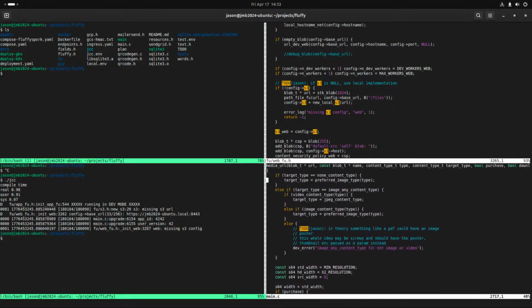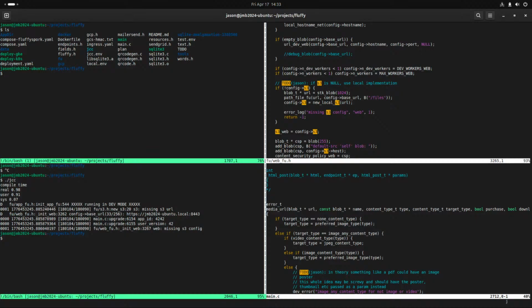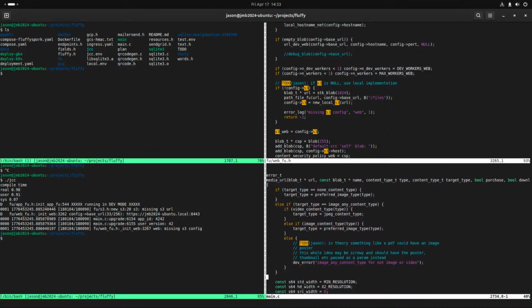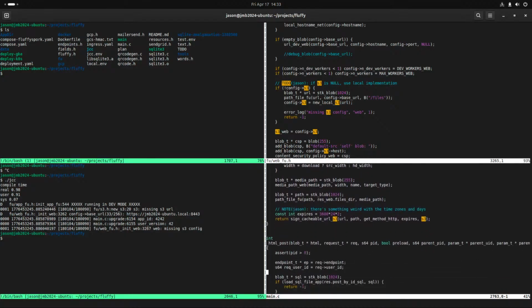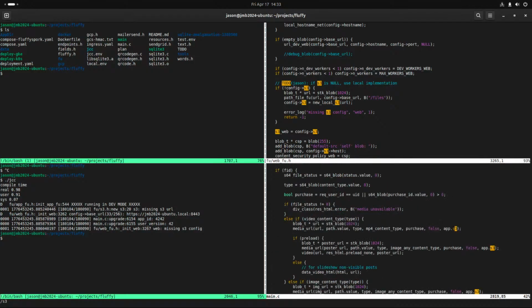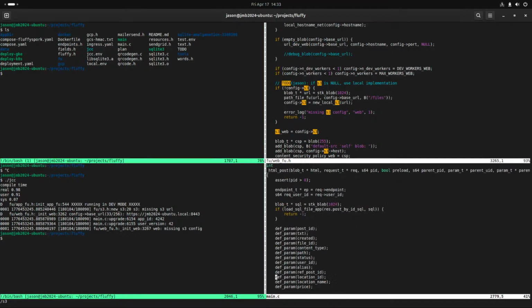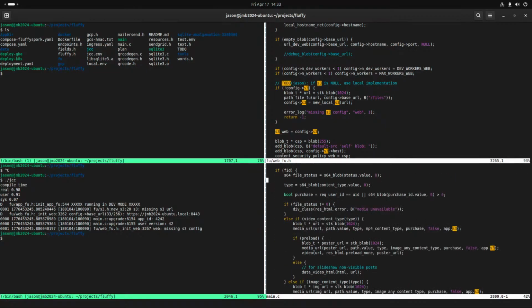So this is on the, you're linking to a thing in S3, so you're signing the URL. And then this thing though,